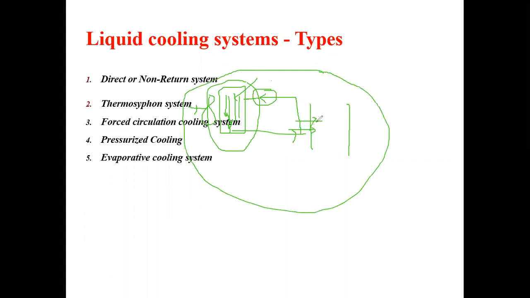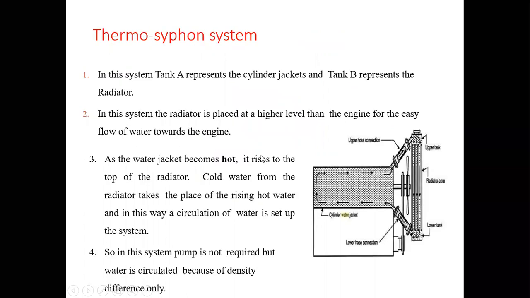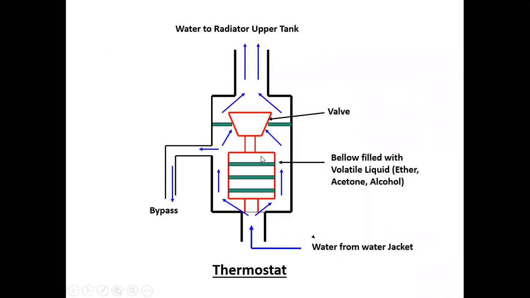So in liquid cooling systems, we need two mediums, that is water as well as air, except in the direct or non-return type of system, where an ample amount of water is available. But in all the remaining systems, we need a radiator. Along with that radiator, we need another fluid, which is air, in order to cool the liquid. So this is how a liquid cooling system works. I will wait until you understand up to this, so that we can move further. Have you understood up to this? Just raise your hand. Okay, so these are the liquid systems that are used.